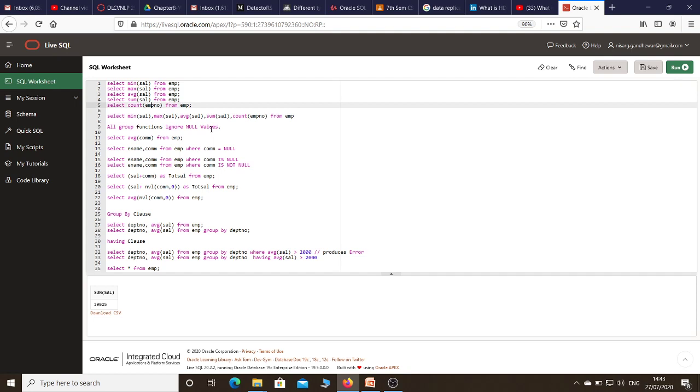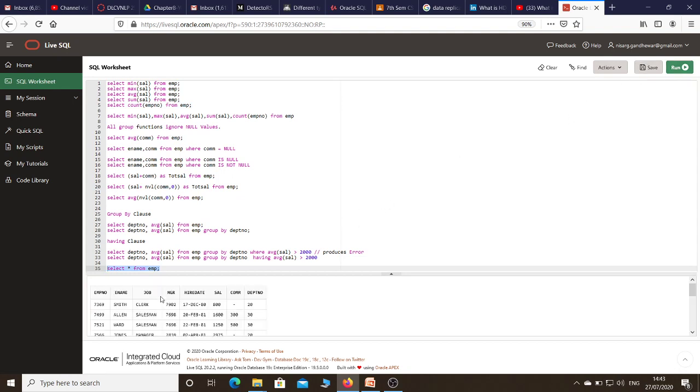Generally we select the primary key attribute while specifying it in the aggregate function for count. So I will execute this query. A total of 14 rows are there, we already know. Just to check, we'll execute select star from employee. Here we'll check whether 14 rows are present or not. Yes, there are 14 rows.